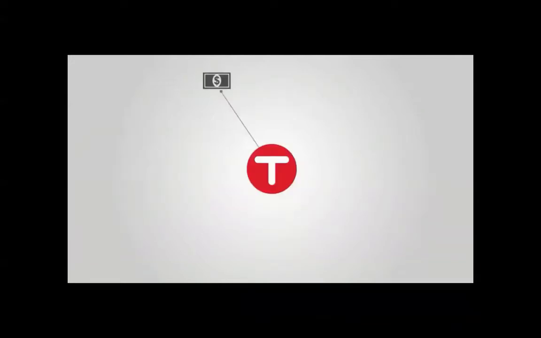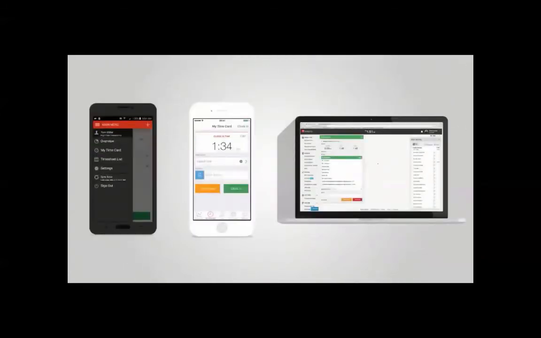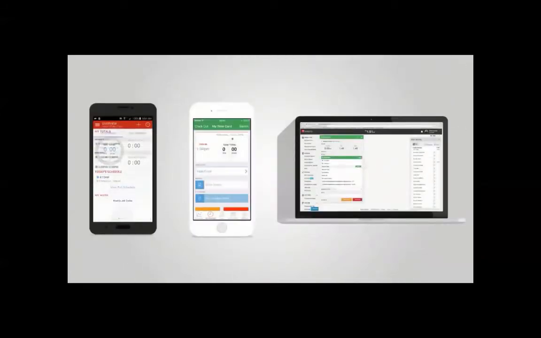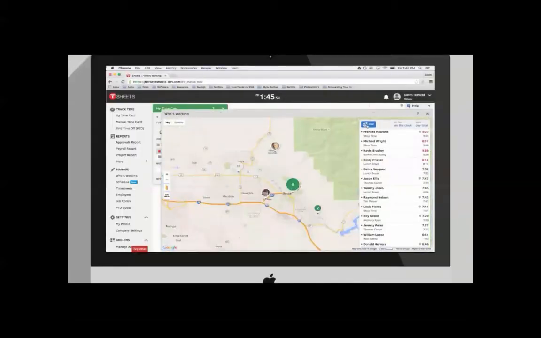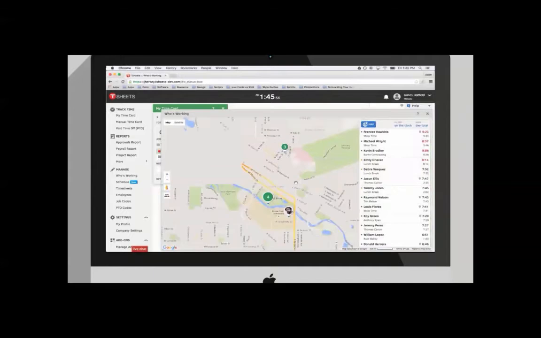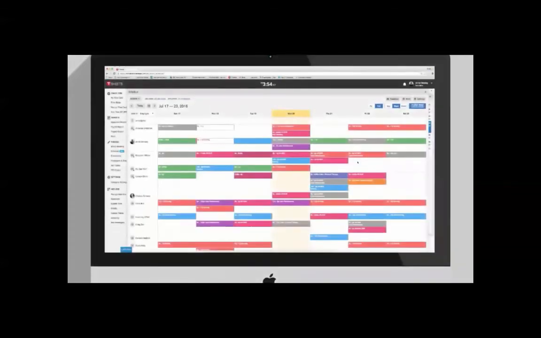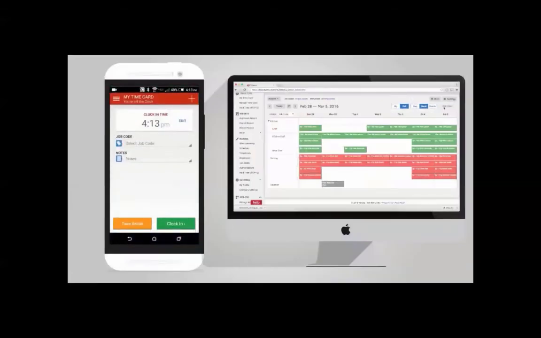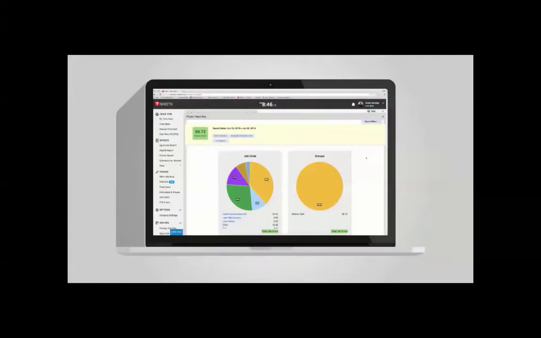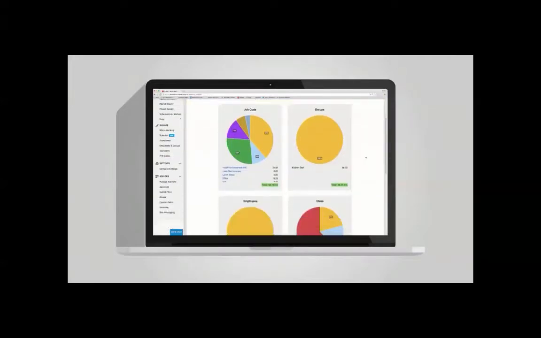It's multiple platform, whether it's PC or phone, and what it does, it handles payroll, has job costing, has scheduling, and gives you business insight. And it just allows the employees to be active in this. And like I said, there are multiple platforms that you can utilize this on. And also you can do GPS tracking, so you can see where your employees are at any point in time. Massive scheduling, as you can see by this graph here, and it pushes it out to the employees so they can see what they're scheduled for.